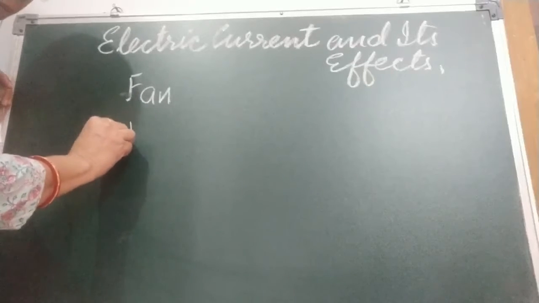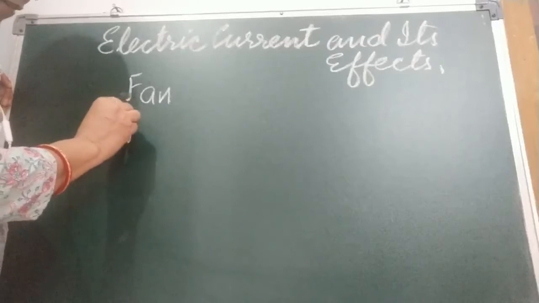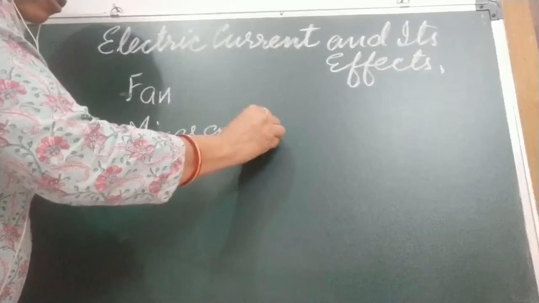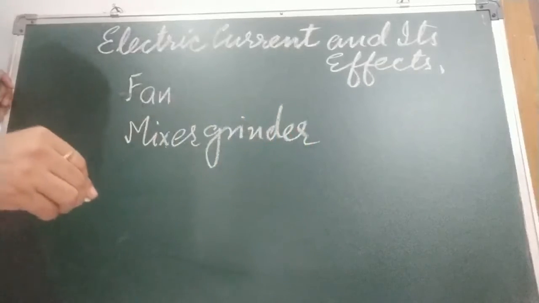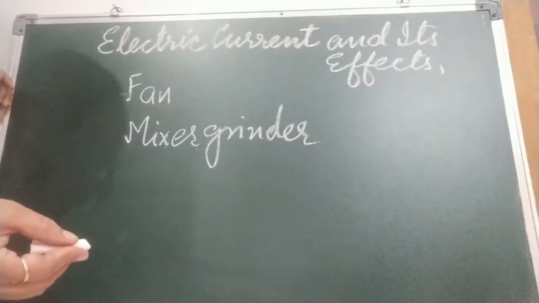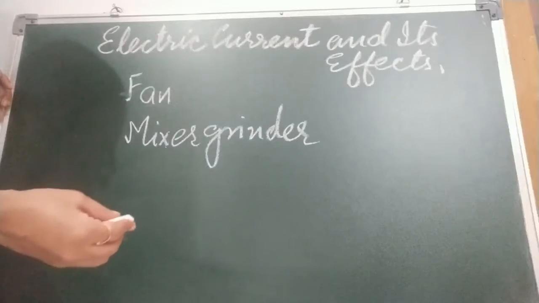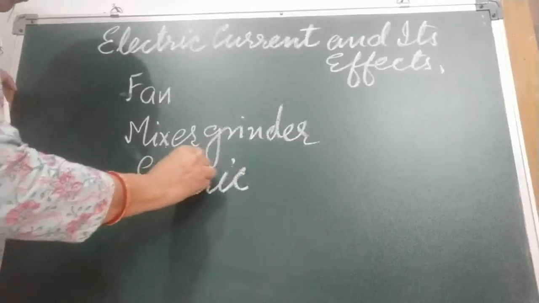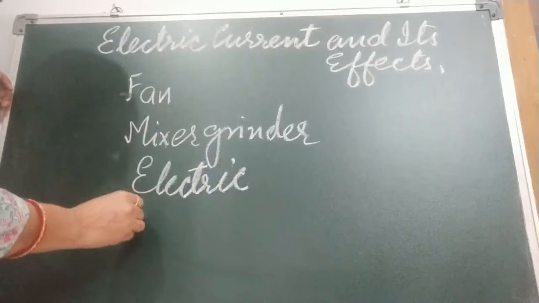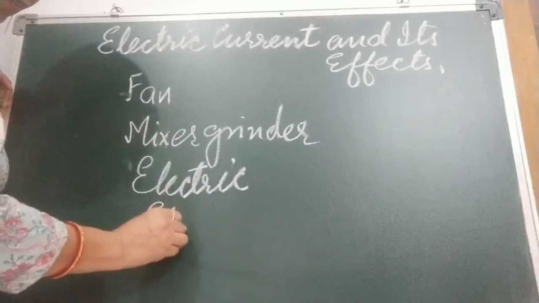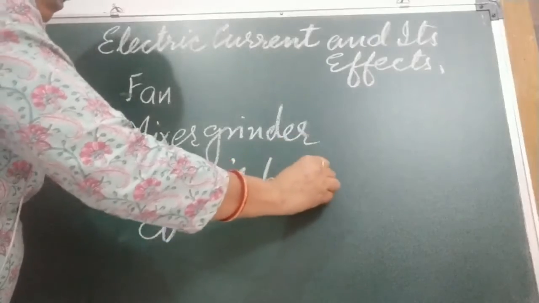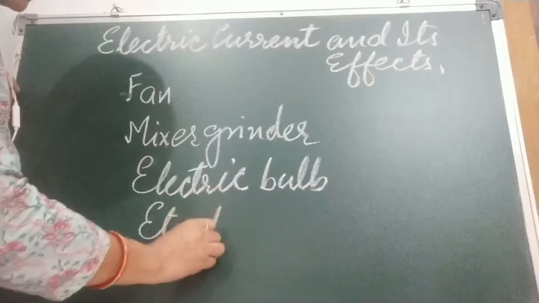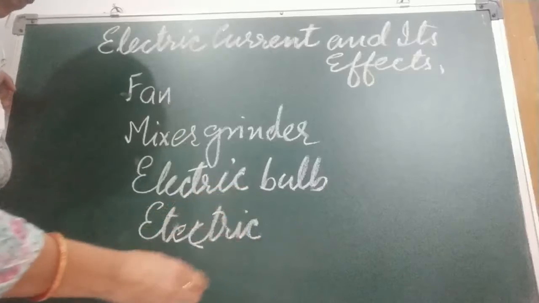Next is mixie, mixer grinder, we also call it mixer grinder. That also works when the electricity is there, otherwise it does not work. Electric bulb also. Last year you have learnt about torch, how torch works, you know. And electric iron. So all these devices work on